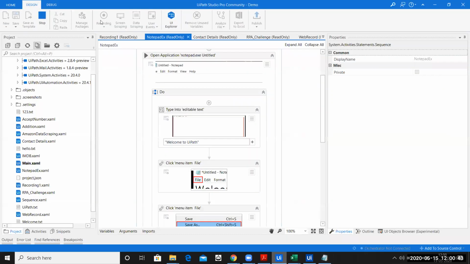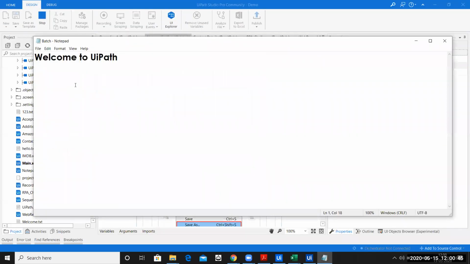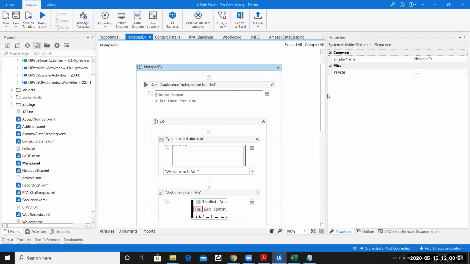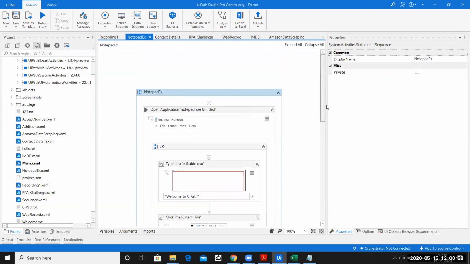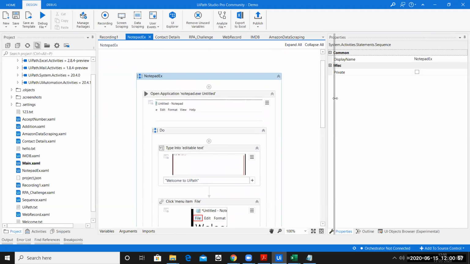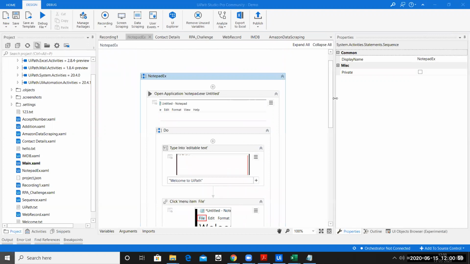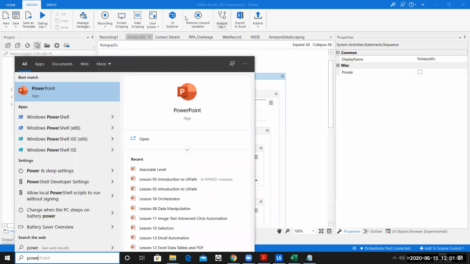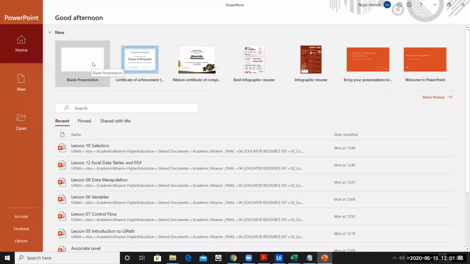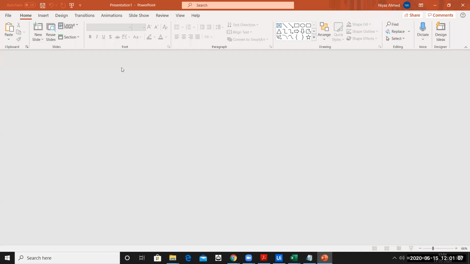Okay, so the next question is how do we do the recording? Is a recording application inbuilt in UiPath? In UiPath Studio you don't have a recording available, so you'll have to figure out how to record it. One shortcut way is, let's say, you have PowerPoint on your machine. Ideally, you can do it that way. I'll show you how to record it that way.